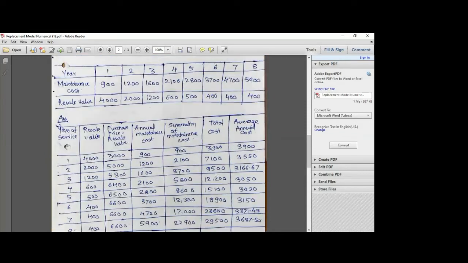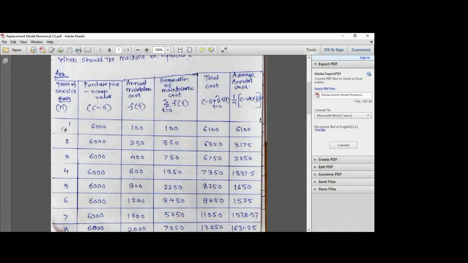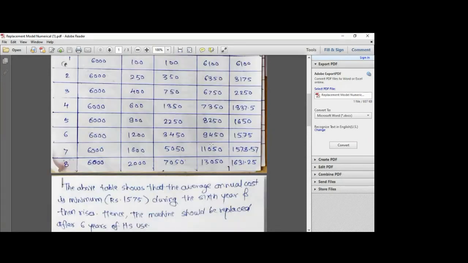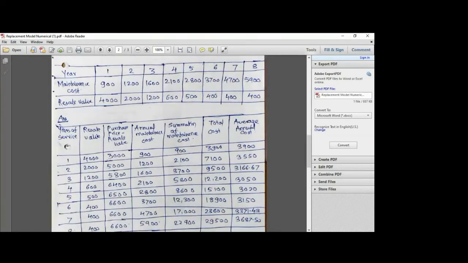Now, what we are going to do is find out the total cost. How are we going to find out the total cost? We have already seen the formula here. It is C minus S plus the summation of your maintenance cost, right? So C minus S, what was that particular value? It is 3,000 plus the summation of maintenance cost, that is